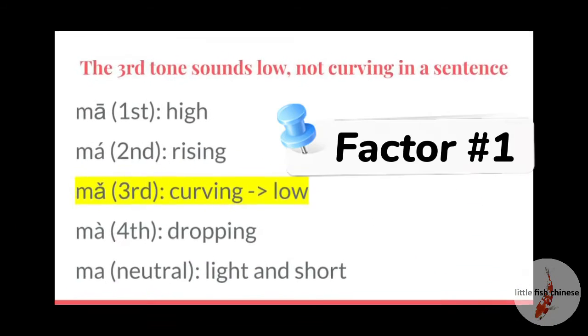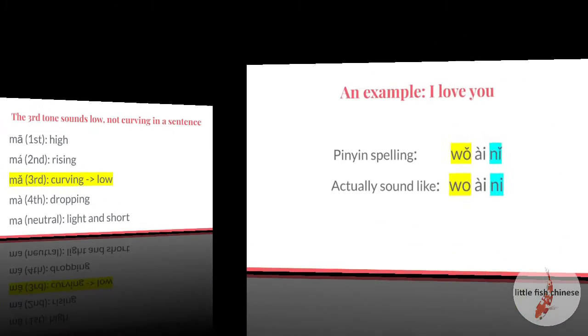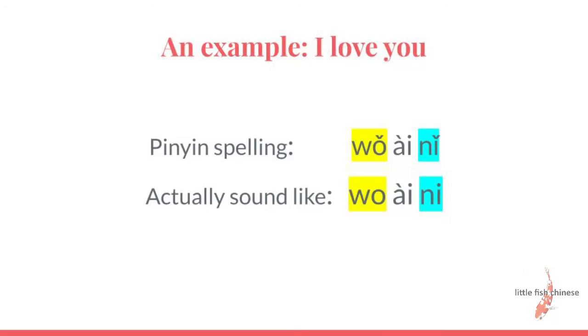However, in the sentence, the 3rd tone becomes a low sound, no curving. Here is an example, I love you. In order to show how the 3rd tone becomes a low sound, I will read the sentence twice. First, to follow the pinyin, then I will speak in a normal way. 我爱你 我爱你